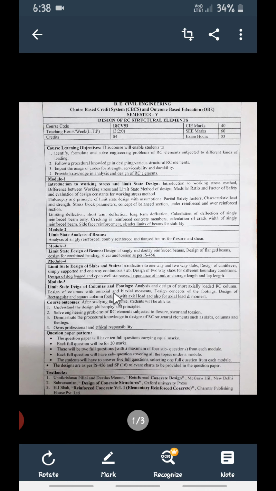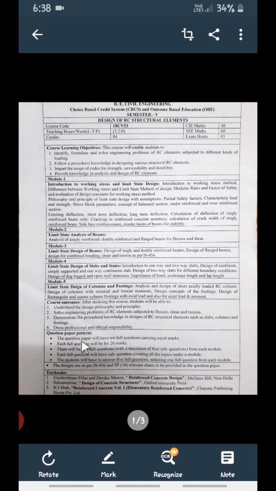As you know, the total load of the structure will finally transfer to the column, then column to footing. Whatever load comes on the topmost element will be transferred to the next, that is the beam. The load transfer will be sequential: whatever load comes on the slab will transfer to the beam. Beam will transfer the load to the column. Column will transfer the load to the footing, and footing will transfer the load to the soil. So this is the way of transferring the load from top to bottom.